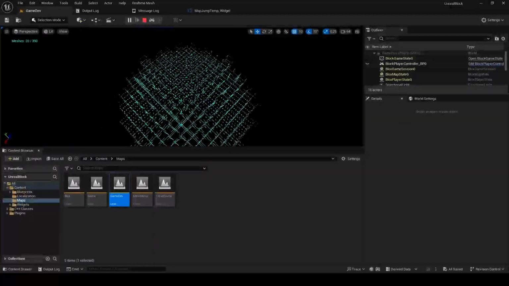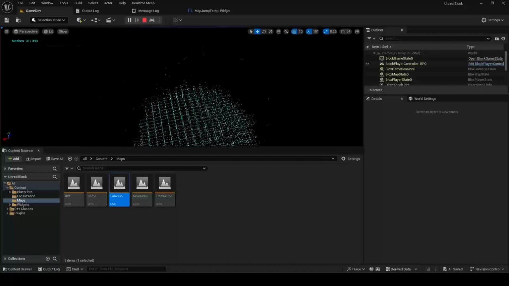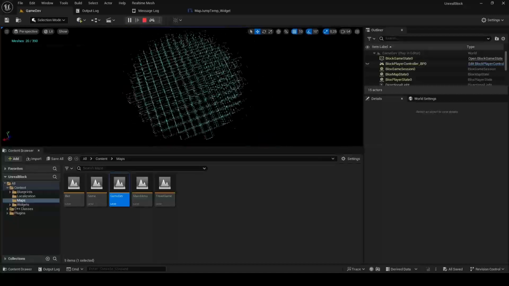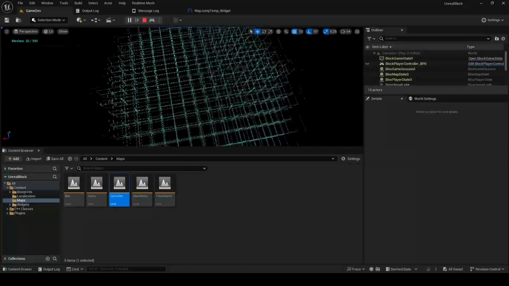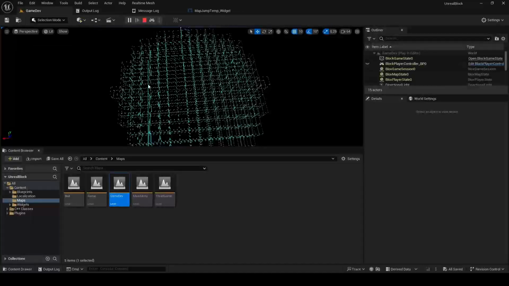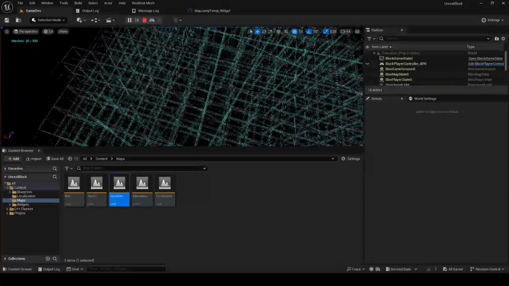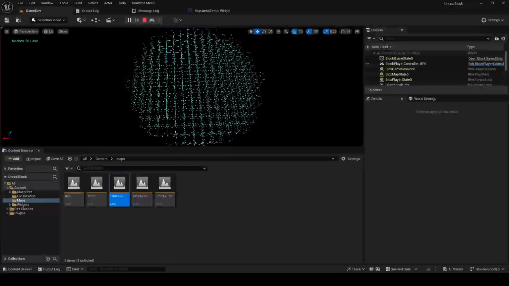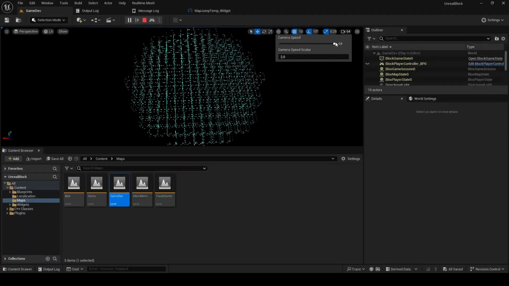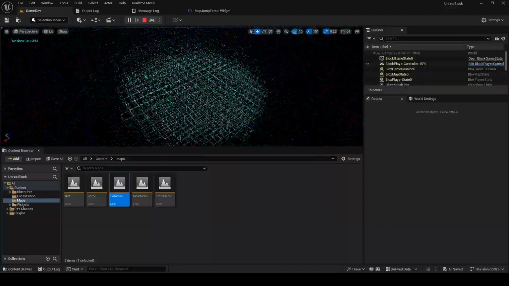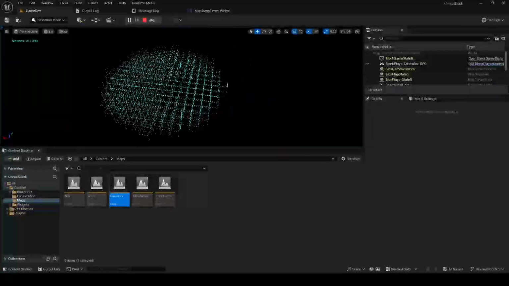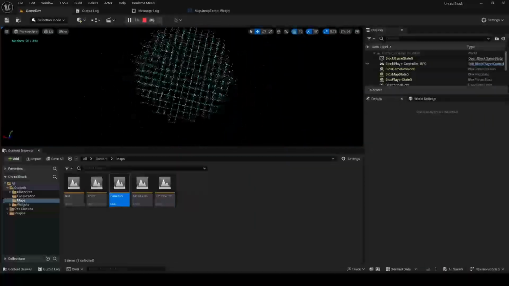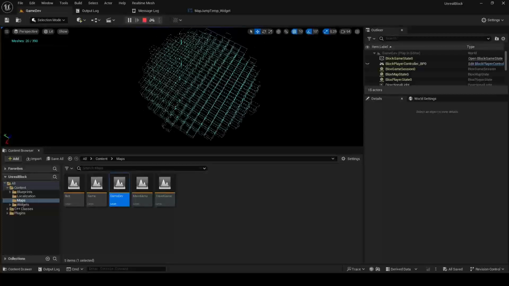And by the way, the camera is very fast. You might not realize the scale of this, but this is like a giant map. These are just debug boxes to see the representation of the chunks. I have it at max speed times 2. You might not get the scale because it's moving so fast, but it's an extremely big map. And